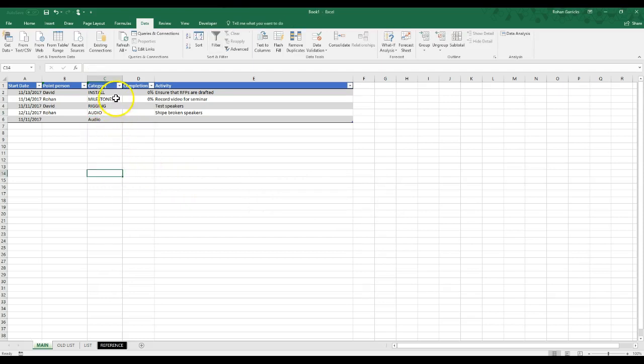So what this does for you, it allows you to control the list of categories. And why would you need to control the list of categories? If we were to leave one saying audio and one saying sound, and this one is to buy new speakers,